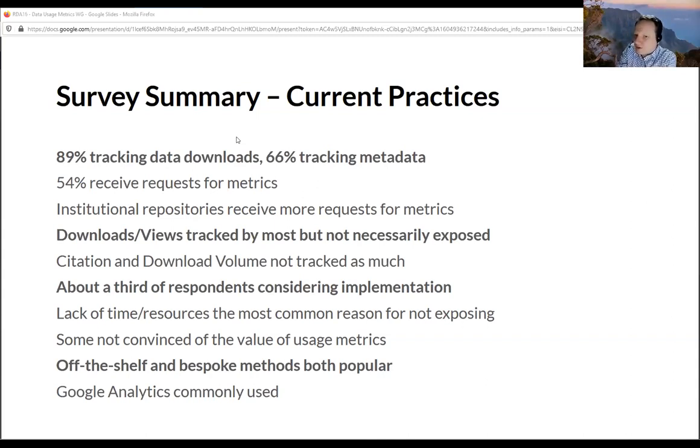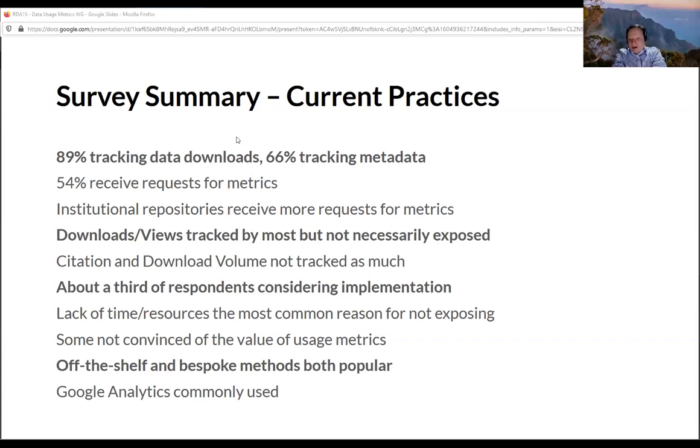Quite a lot of repositories, about half, received requests for metrics. It was noted from the results that institutional repositories perhaps received these requests more than, say, domain repositories. So it perhaps underpins the next point, that downloads and views are being tracked by many, but not necessarily exposed.